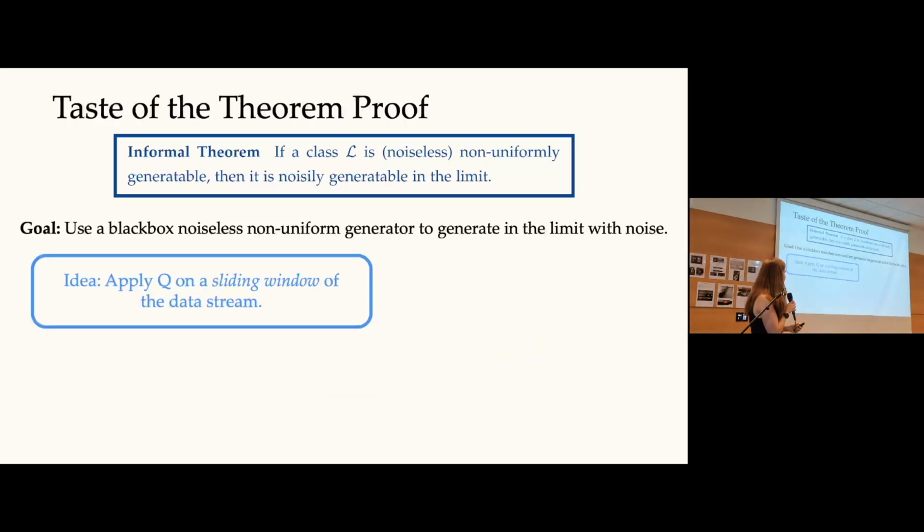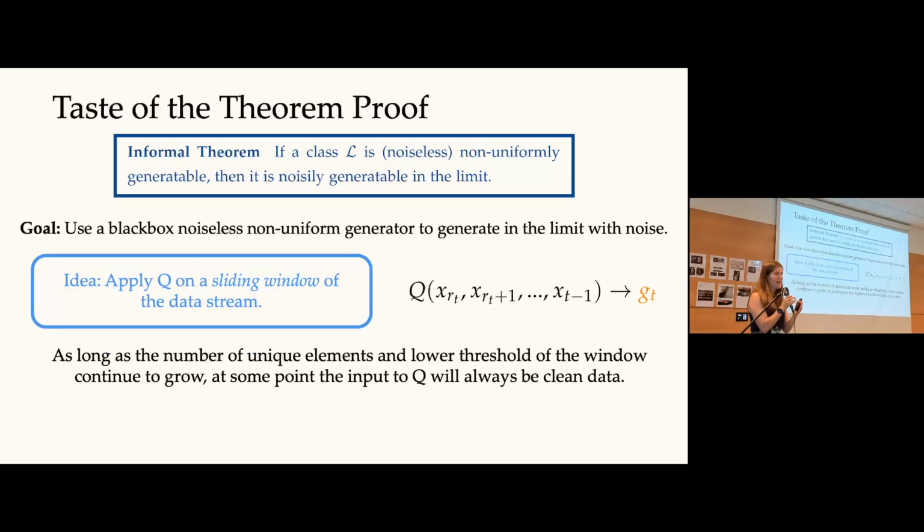Well, the idea is we're only going to expose this Q to a sliding window of our data stream. In particular, Q is not going to look at the whole enumeration, but it's going to start from some threshold r_t and see everything from that point on. And we'll use the generation from that point. And the key idea is that as long as the window size is growing, but also moving to the right, these two properties are very important, because the growing means at some point we'll see enough unique elements to trigger the